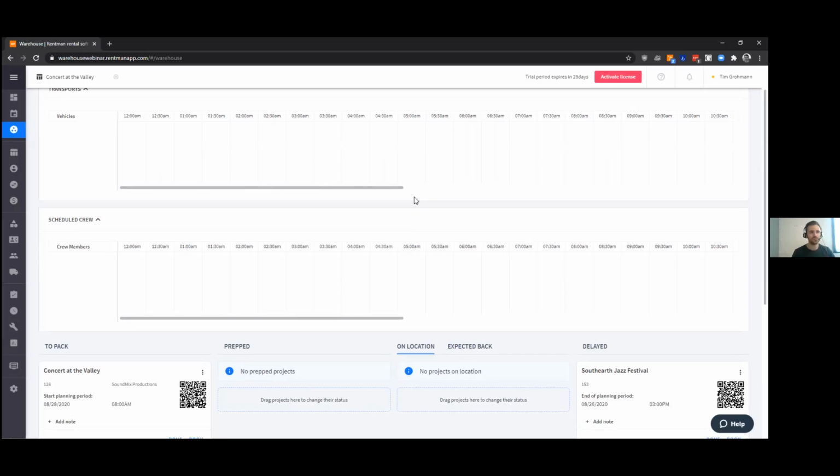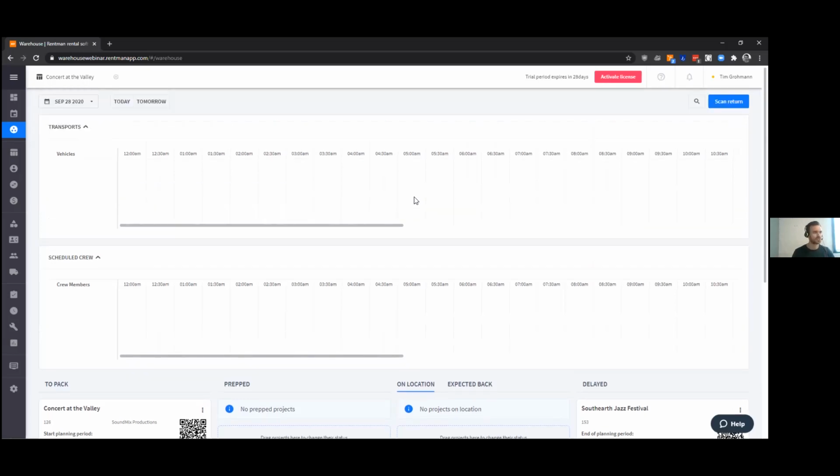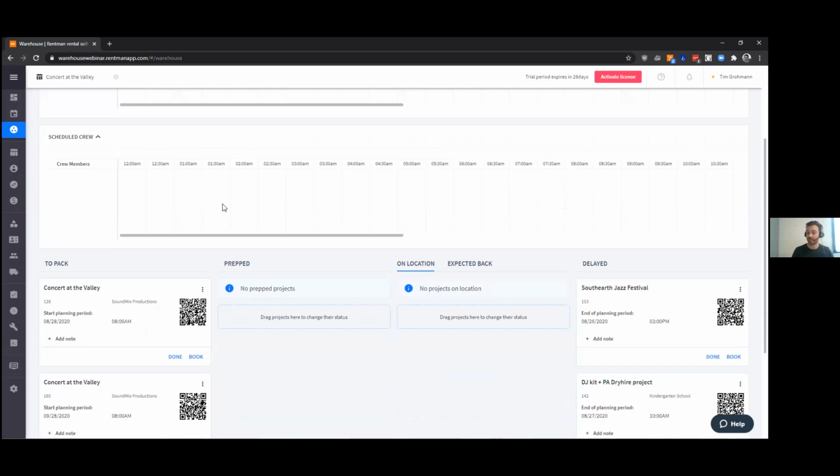They put that warehouse module on one of their screens, and whenever somebody comes into the shop in the morning, they can directly go in, look at the warehouse screen, this screen right here, and see what needs to be loaded and unloaded today, what transports are happening. They can directly see what they are scheduled on, what their peers are scheduled on, and then most importantly,